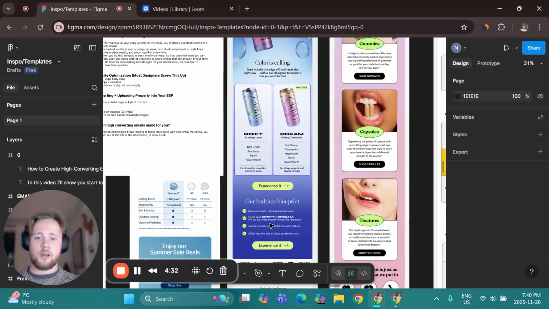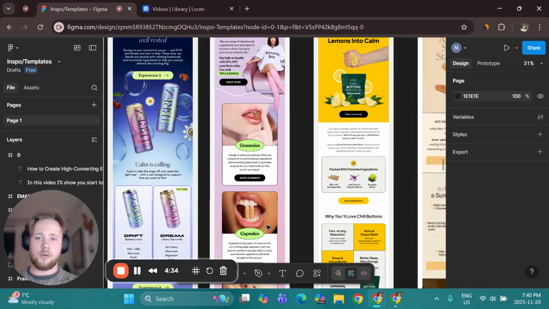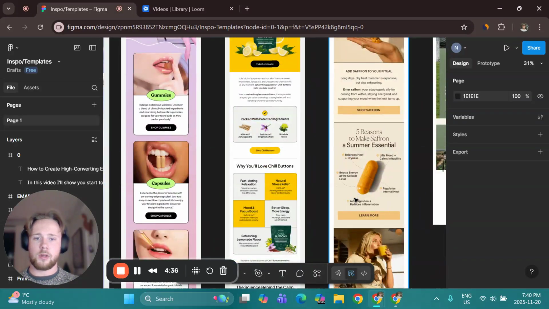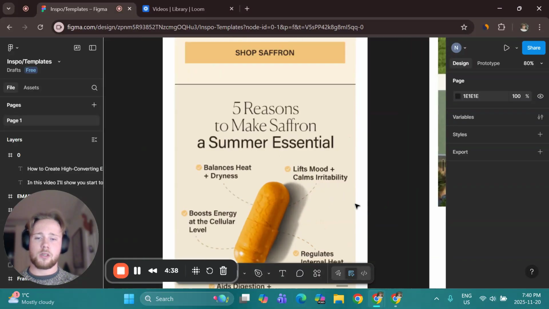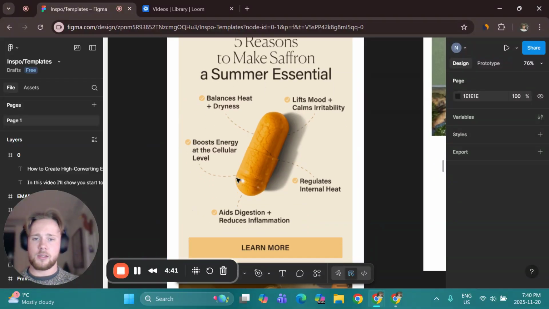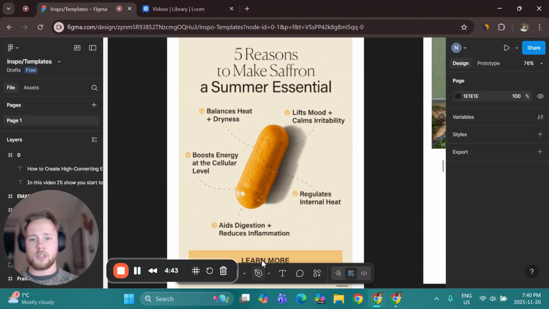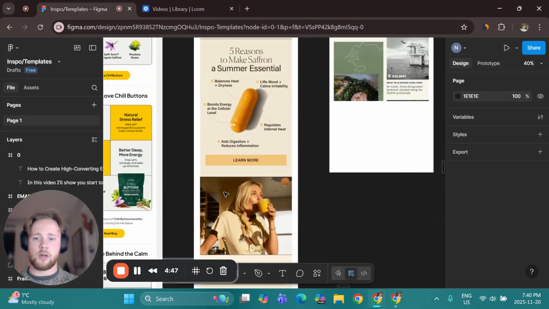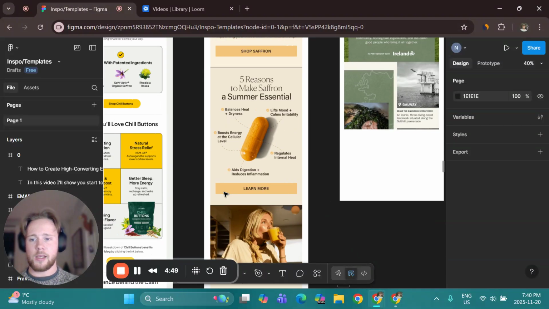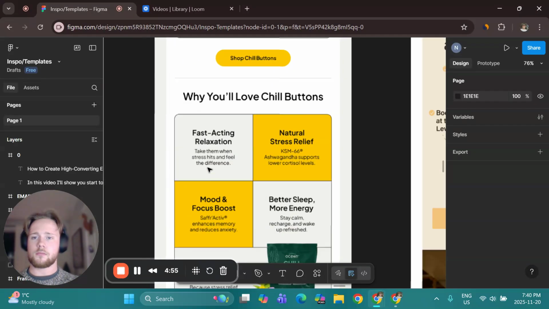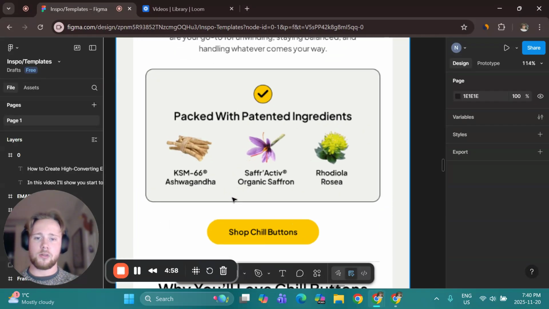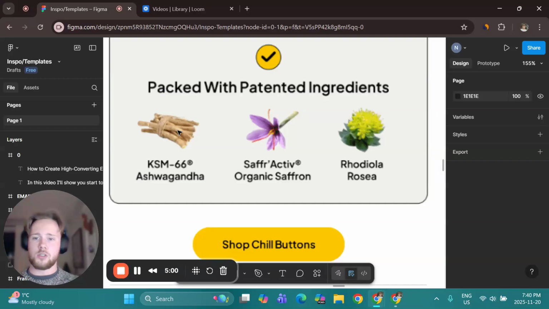And then let's look at a better example, like this one here, or even this one. This is a good infographic section where you have your product in the center, and a few points coming off of it with the benefits and all that. It just makes it easy to grab the gist. It's nice and visual. It's eye catching. If you were to list this all out in one big block of text, it would be less likely to be read. And then stuff like this as well, either use icons or some kind of visual image,